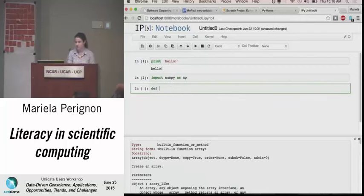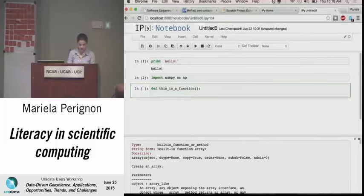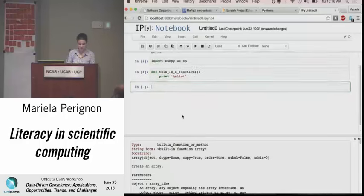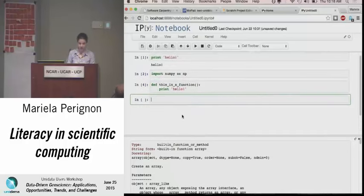So define a function with def. And that's just saying, this is a function. And this one doesn't have any parameters. And this one might say hello. If I just run it, nothing happens. But the function is defined. So now the computer knows that if I say this is a function, it's like I said print. It's just added it to its list of names. So if I call this is a function,